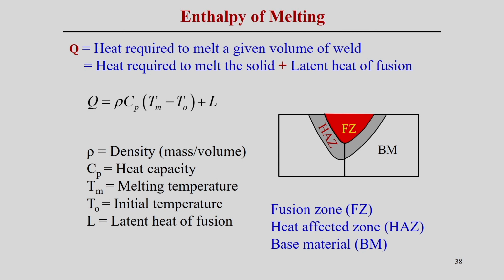So, it is basically the heat required to melt the solid. The solid's initial temperature is the ambient temperature; on application of heat, the solid is transformed to the liquid state, that means up to the melting point temperature. Apart from that, there is also a latent heat of fusion, that means the phase change from solid phase to liquid phase at the melting point temperature. So, both amounts of heat have to be estimated, and together they indicate the enthalpy of melting. It means that for one particular solid material, it is the amount of heat required to just melt it.